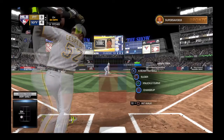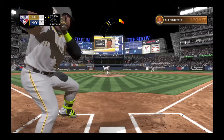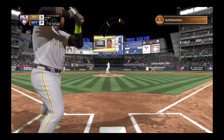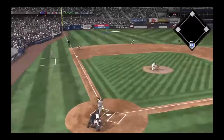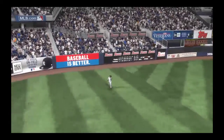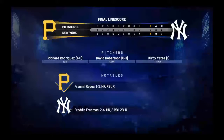Yoenis Cespedes is at the plate now, and he's quickly behind 0-1. Boy, good bite on the slider, and it just missed inside. Pulled high in the air out to left field. Souza is under it. Makes the catch, and that's the ball game. And the Yankees were given a big boost tonight by the performance of this man. Freddie Freeman, put that on a bubblegum card. He's our top